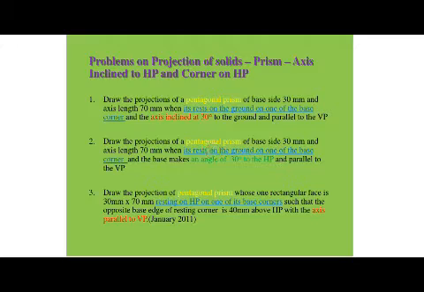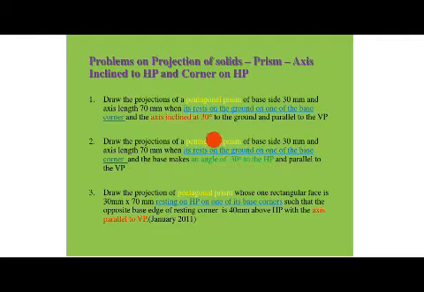If you go for the second problem, the axis is parallel to VP, whereas the base makes an angle of 30 degrees to the HP. If the base makes an angle of 30 degrees to the HP, automatically the axis will be inclined to the HP. It is given indirectly. If you go for the third problem, it is resting on the base corner and the axis parallel to VP is given, whereas the edge opposite to the resting corner is lifted at a distance of 40 mm above HP, which means that the axis is inclined to the HP.